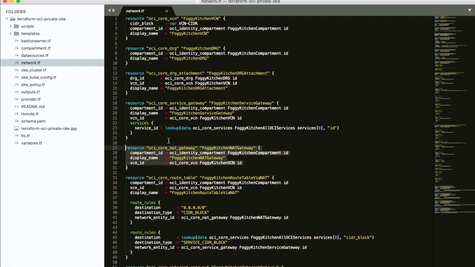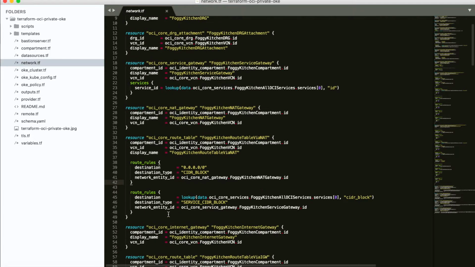The NAT gateway will be used for private subnets to connect to the internet. And here is the definition of the route table for private subnets. The first route says that if you want to go to the public internet, destination 0.0.0.0/0, you will go through the NAT gateway. If you want to reach OCI services, here you have another route rule which pushes the traffic